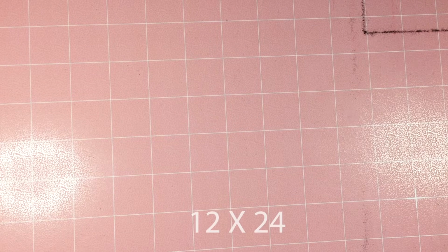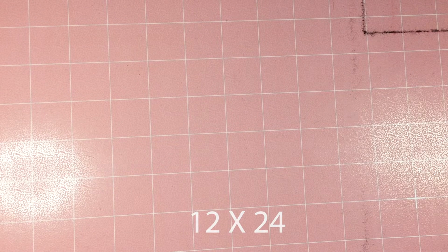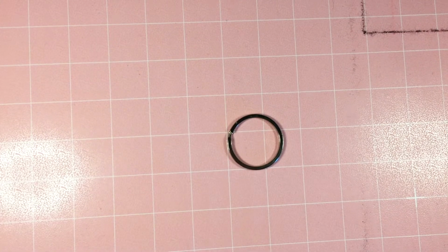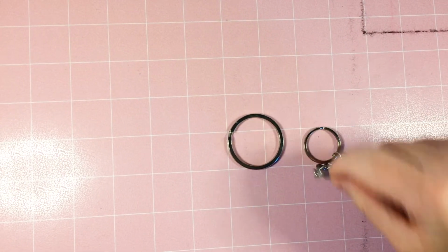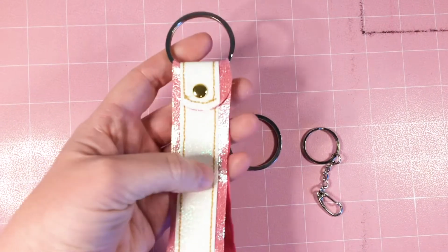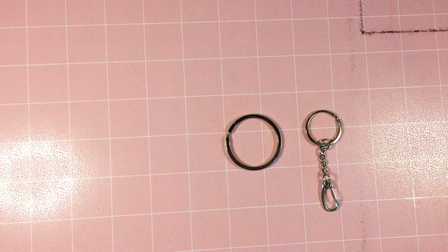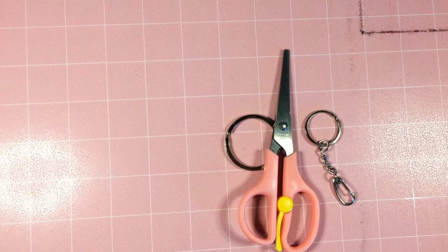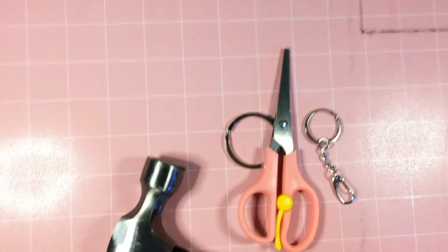And then you're going to want the large cutting mat. This is the 12 by 24 inch cutting mat, because the smaller size is too short for cutting out these designs. You're also going to want a fairly large key ring. Here you can see that this is more of a normal size. This is bigger just because these are pretty wide, but if you're just using the middle strip, then you can get away with a regular keychain size. You're going to want some scissors for trimming the fabric, and you're going to need a hammer,